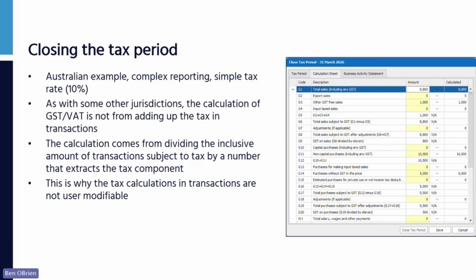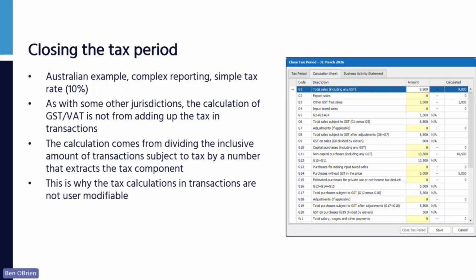So just a couple of things on closing the tax period. And again, this is the Australian example where we have a lot more tax boxes than most other jurisdictions. I think only Sri Lanka probably blows us out of the water. So apologies if you are in a country with a lot more common sense like the UK or Ireland, where there's nowhere near as many tax boxes. One point to illustrate here, I did make the point earlier